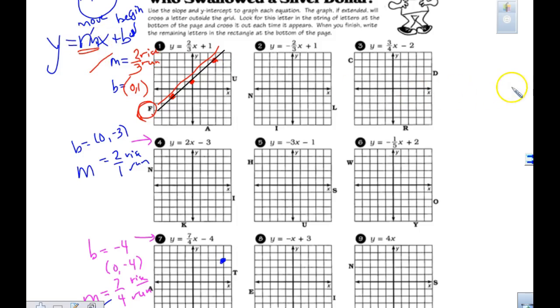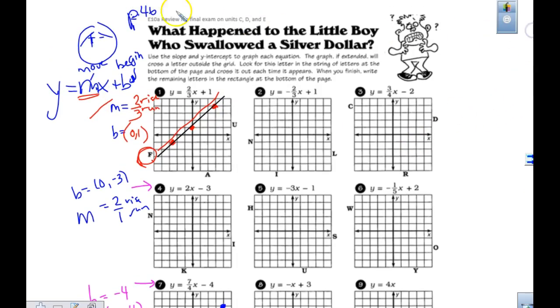Remember to put the face for the positive and negative. This is like the second or third section of the test. You might want to write out this equation, keeping in mind that the M is your movement and B is your beginning. We did this one in class the other day where we said the B was starting at 0, 1,